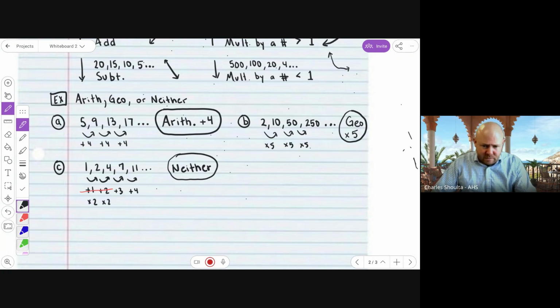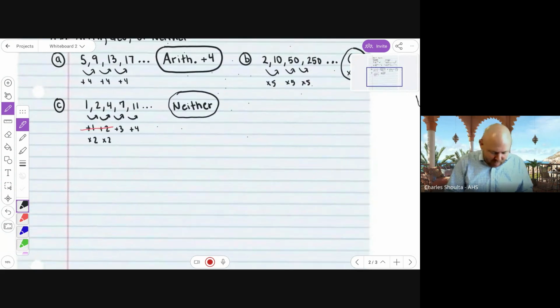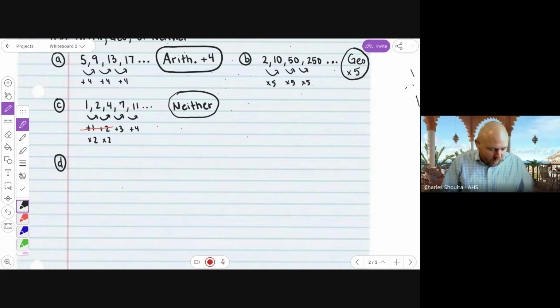Last but not least, I'm going to give you 2 that are difficult, and I'm going to show you how to do these. This is where you need to really pay attention. Okay. Here we go. You'll have a few of these on your assignment. So let's write these down and let's finish class with this. Ready? Let's do